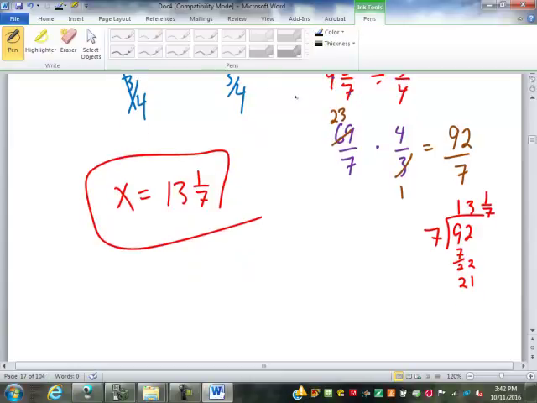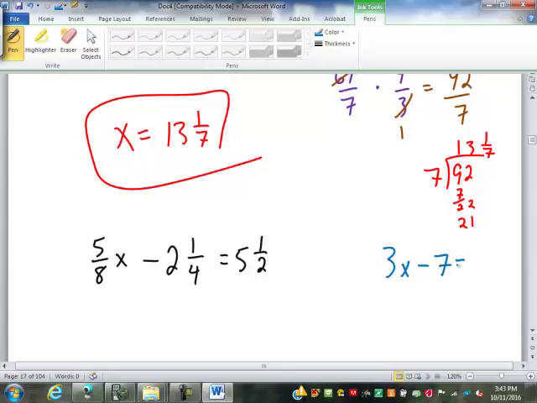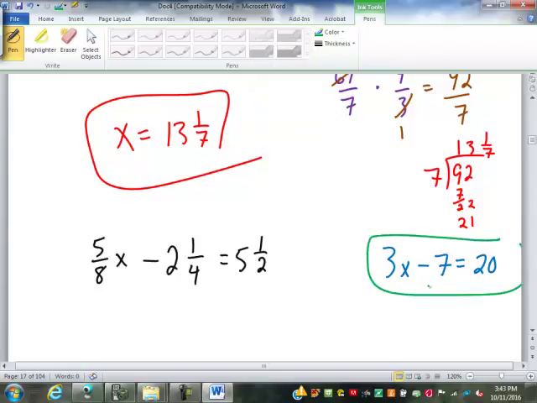Okay, well, let's see next up. We might have 5/8 x minus 2 1/4 equals 5 1/2. Again, this is no different than having 3x minus 7 equals 20. Just like we would over here, we would add, and then we would divide. Over here, we're going to,